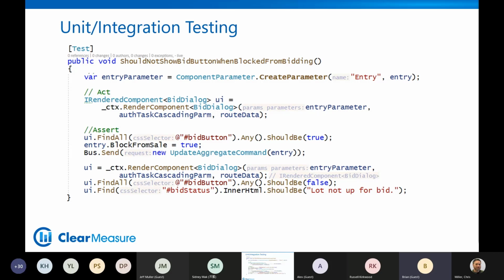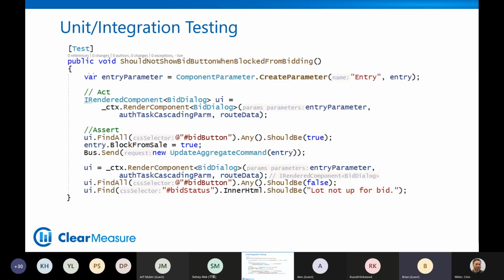But this is what a very simple Blazor component unit test actually does look like in the car auction application. We can actually create a Blazor component bid dialog. And by the way, if you have used the wrong interaction pattern for layout to component or parent component to child component, and you have tight coupling between the two, you're going to find it near impossible to do proper unit testing on your Blazor components.